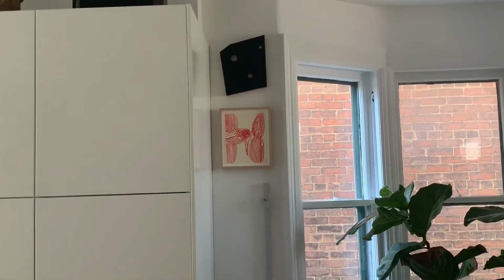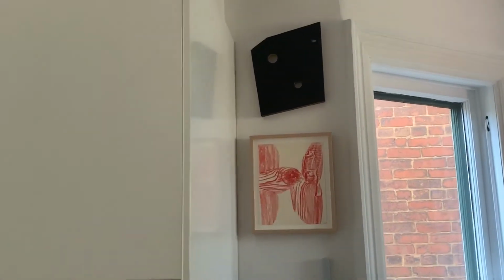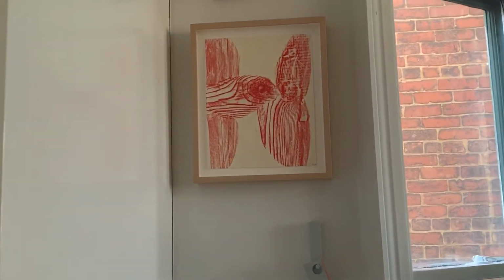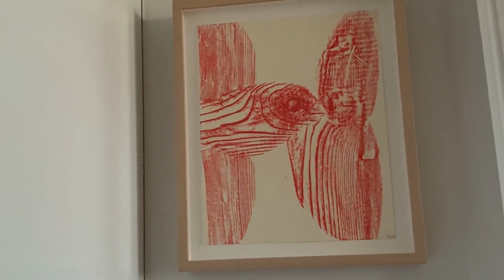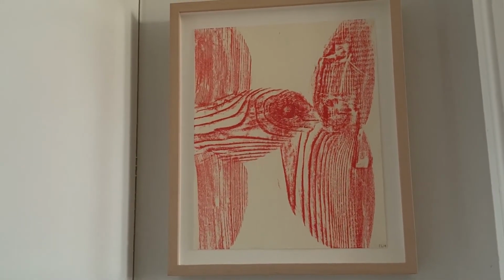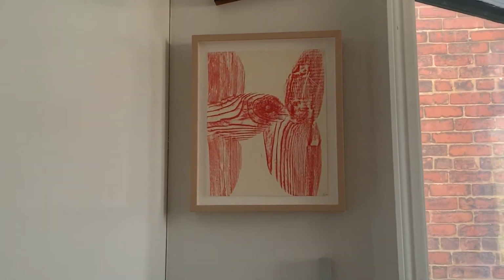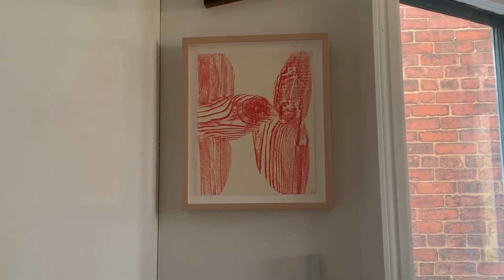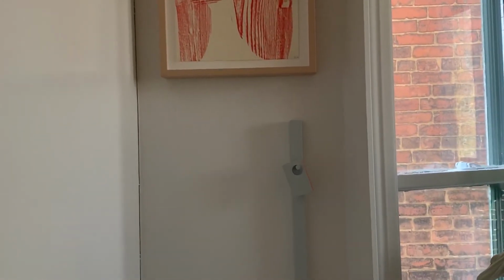The top piece is by senior Toronto artist Rick Evans. It's a work from 2010. Below that is an Eli Langer, also a rather beautiful piece that is red pencil frottage. And I've been collecting Eli for quite a while. Maybe every decade I buy a drawing of his. So I've got 3 or 4 of his works, quite different from each other,